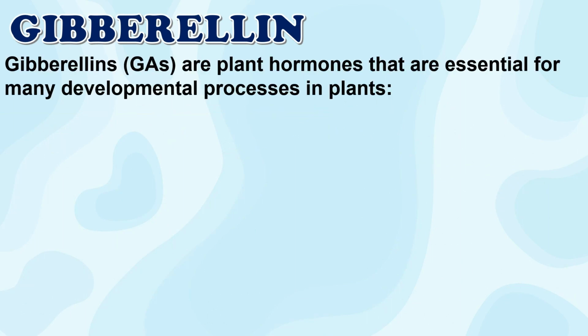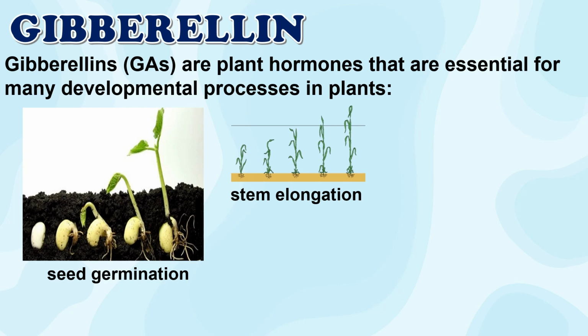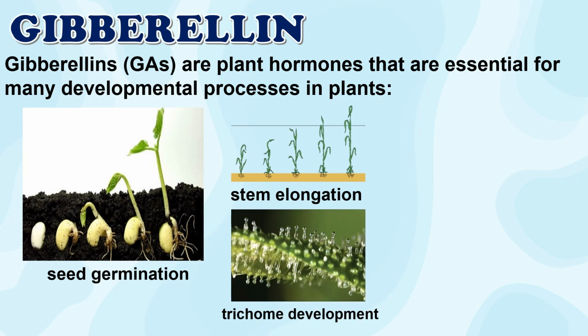Next, we have the gibberellin. Plant hormones that are essential for many developmental processes in plants. First, seed germination. So, from the word itself, the seed will grow po. From seed, then magkakaroon po ng sibol. Then, stem elongation. So, from the word itself, mas lumalaki po yung ating stem. Then, trichome development. So, if you're not familiar with this one, it helps the plant to protect or hindi